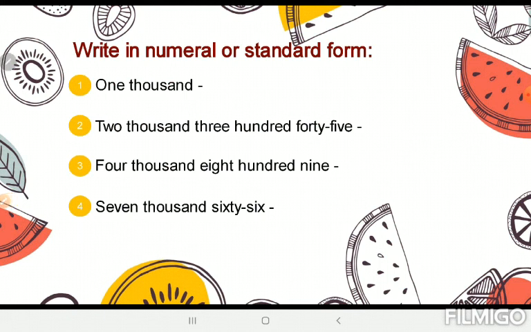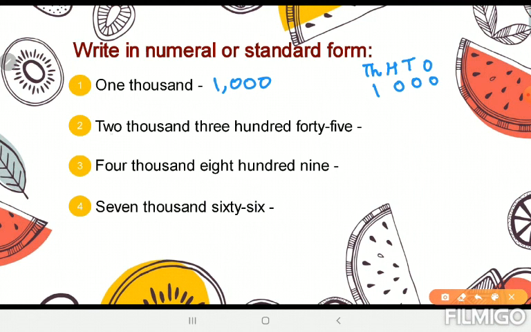Okay, write in numeral, or we also call it standard form. So 1000, this should be very clear. Now 1000 has come, that means we have a 4-digit number. Okay, so 1000. So in the thousands place we have 1 and the remaining places we don't have anything, so it is all 0. So what is the numeral for this? It is 1000. Next one,